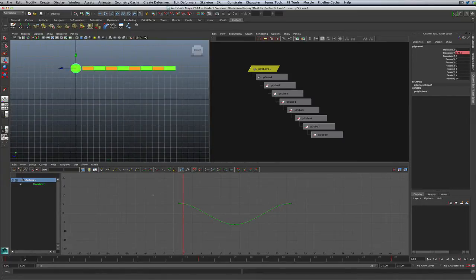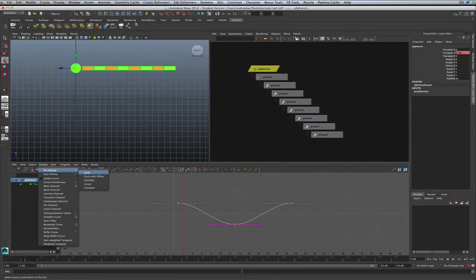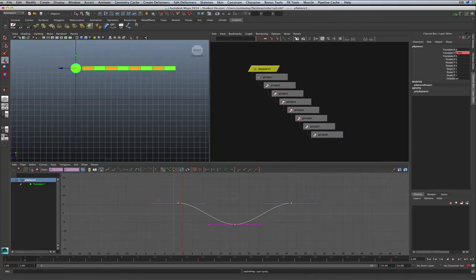Okay, what we're going to want to do is make sure in case we wanted to expand this animation beyond 25 frames, make sure our curves are set for pre and post infinity to cycle. And you're not seeing that, but the reason you're not seeing that is that post infinity is not turned on. And now it is. So we could open up this animation to 100 frames or whatever we want, and we would get that performance and it would continue on. Alrighty, so that's kind of cool.